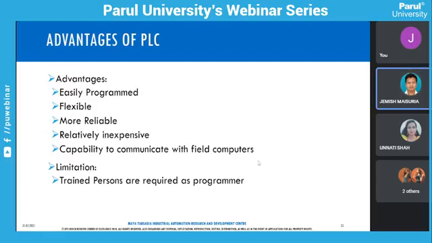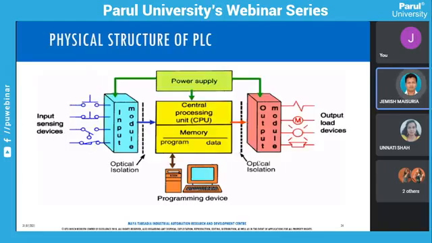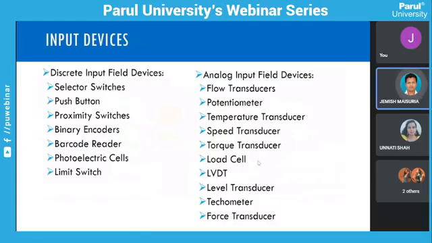This is the internal structure of a PLC. It is similar to our computer: we have a CPU, input output devices, and a power supply. One more part is memory, to store your program, and you can connect it with your computers. These are the input devices, because different kinds of input devices are there.